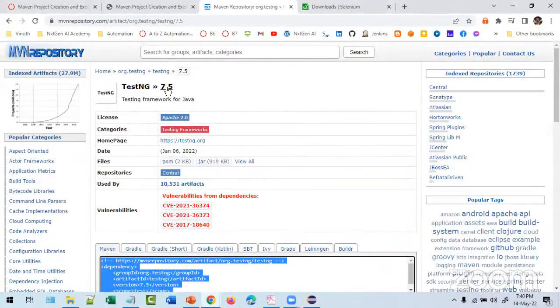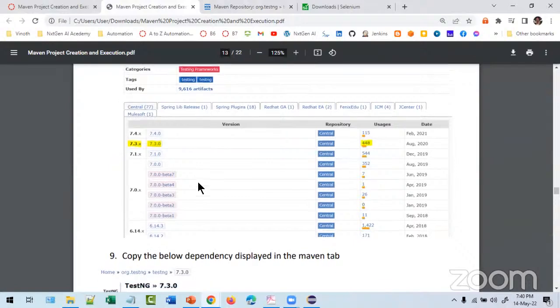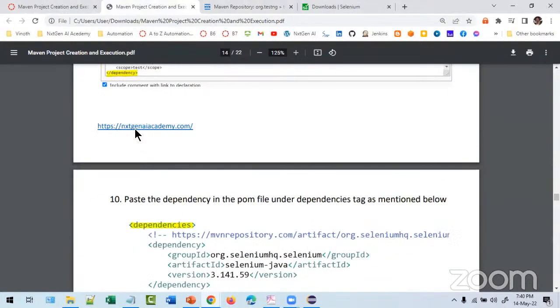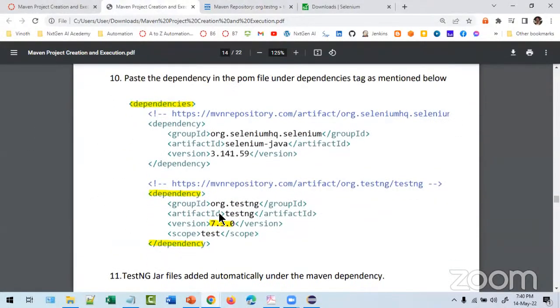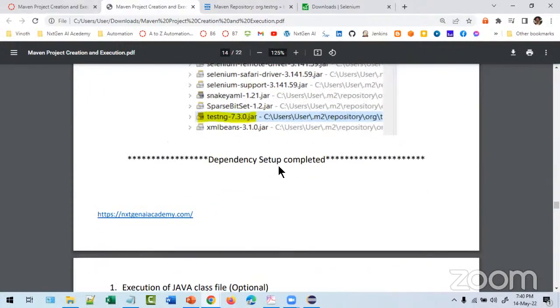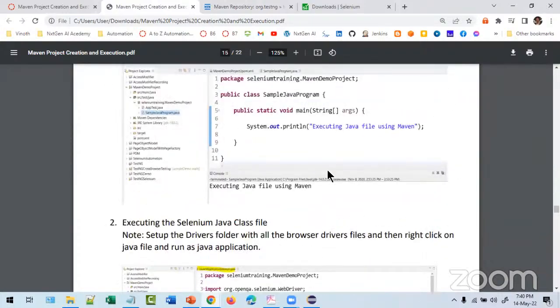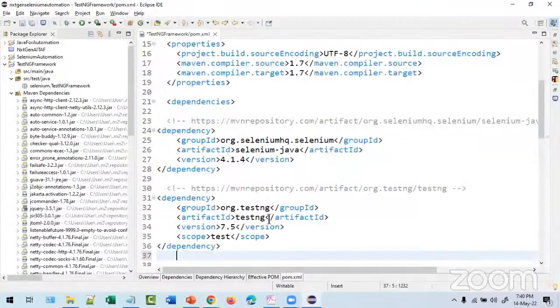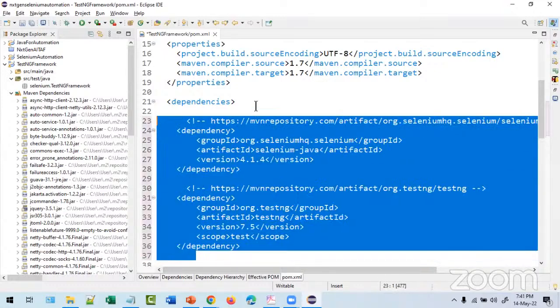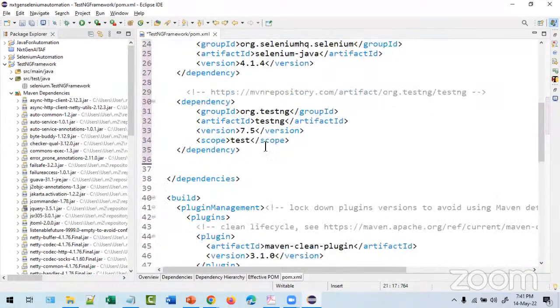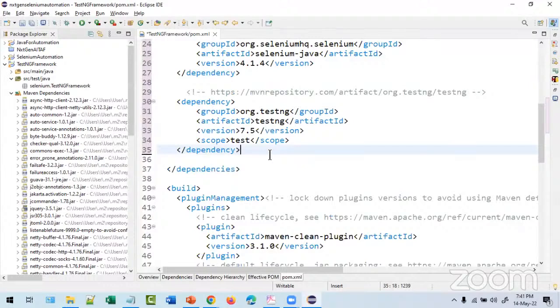It is 7.5. Copy, paste it. Yes, dependency setup is complete. Cool. So this is done. Control A, if you press tab, automatically it will format.